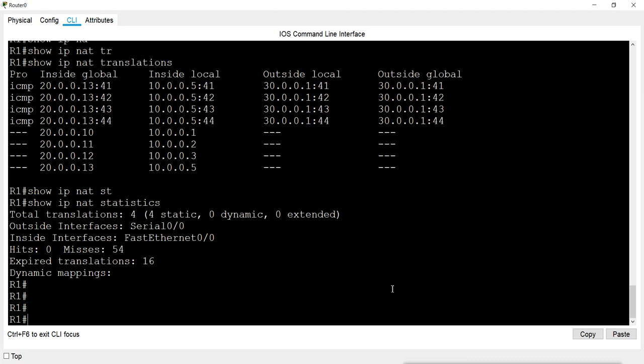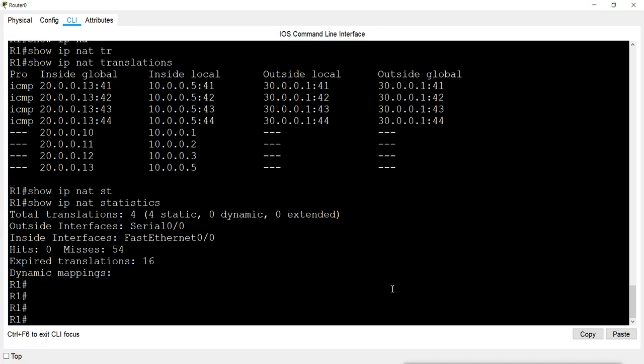Now static is not easy to configure because it will take time. If you have lots of IPs, you have to make a one-by-one map for all IPs. And if you want to remove it, again you have to remove it one by one. As you have added, the same way you have to remove it.